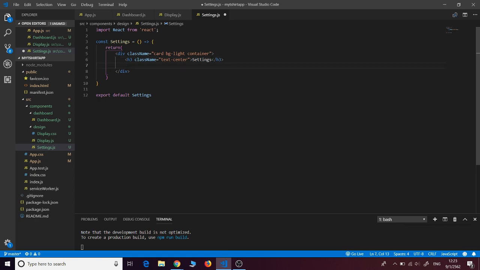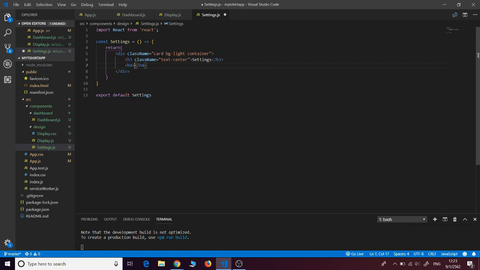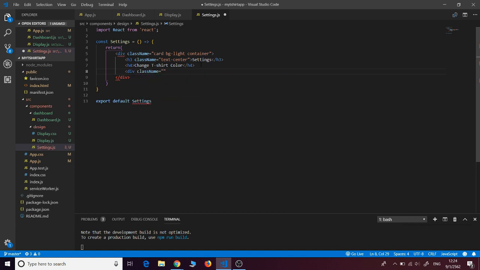Then let's also create the h4 tag for the t-shirt color. So let's put it here, change t-shirt color. Okay, then we'll create a container or div for the images. Okay, let's give this a class name of t-shirt color. Okay, I think this is better to identify this kind of div,